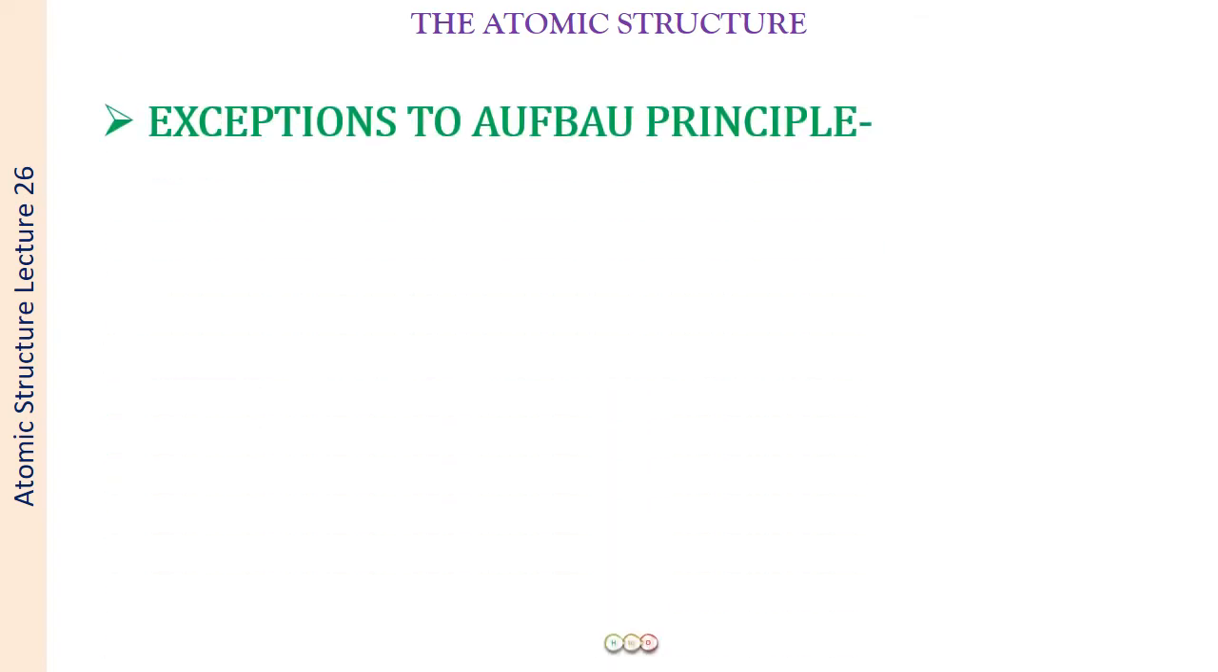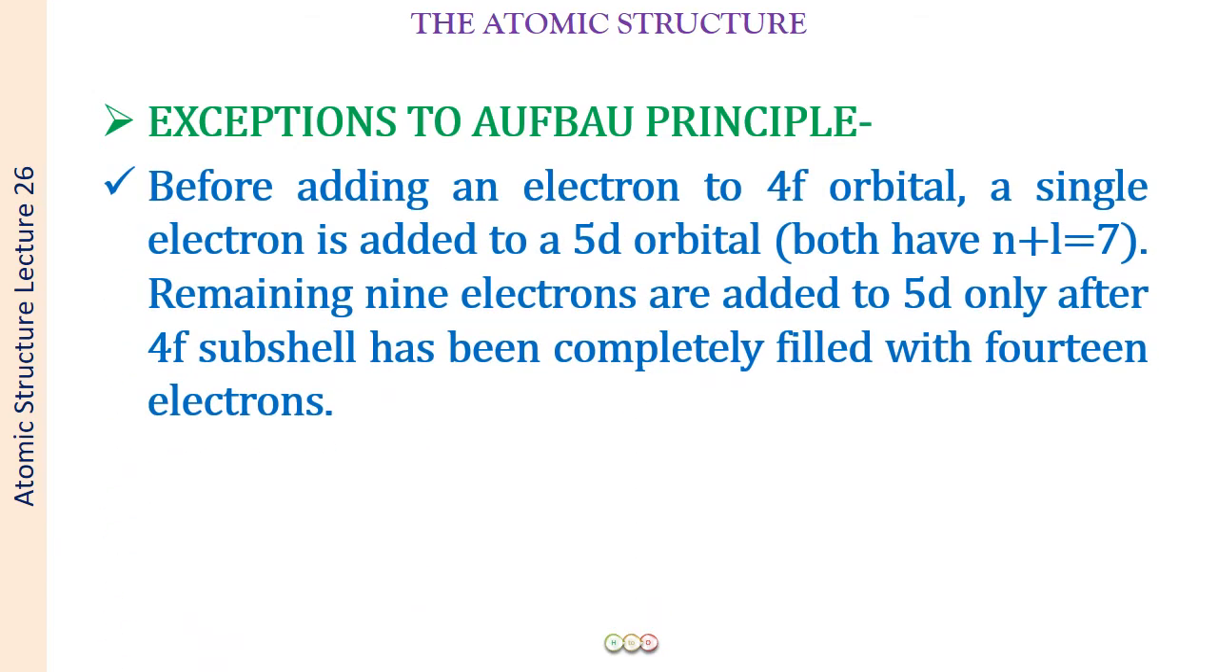So now there are certain exceptions to the Aufbau principle. For example, when we are filling the 4f orbitals, before adding an electron to the 4f orbital, a single electron is added to the 5d orbital. Both 4f and 5d have n plus l value of 7. So according to the Aufbau principle, 4f has a lower value of n, so this has to be filled first,